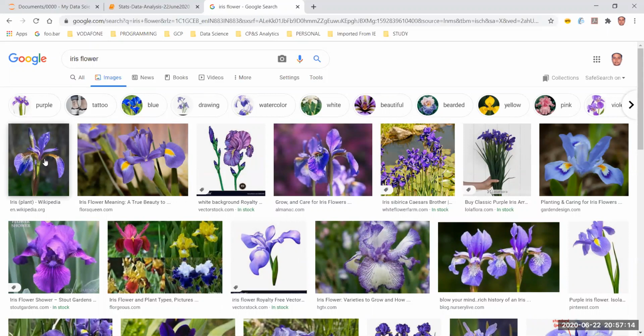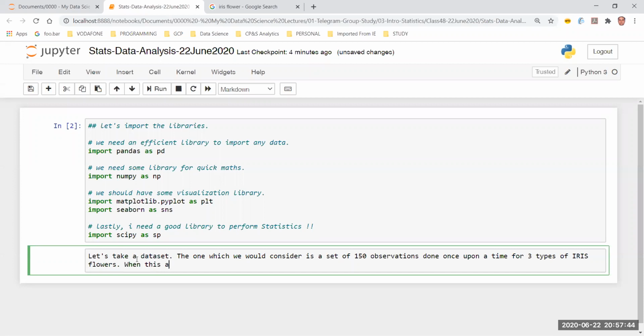And then you can see in this case there are leaves which are a little bit bigger. Here there are leaves with a big yellow box kind of thing. Here there are leaves of that same iris flower which do not have anything like yellow. This looks like a kind of decorative flower and so on. So it's quite clear that this flower may have types, and that's exactly the objective of me selecting this, because when this analysis was done, there were three types of